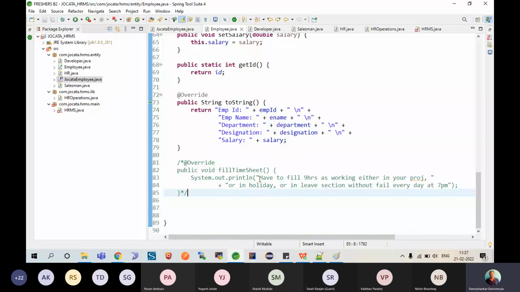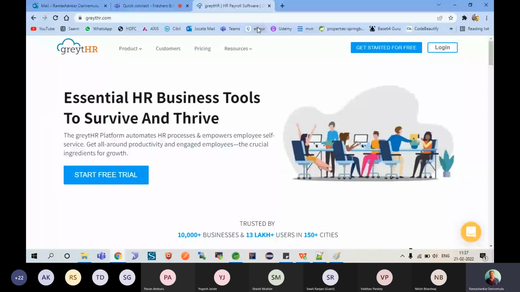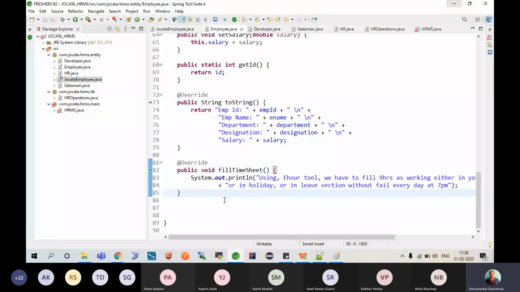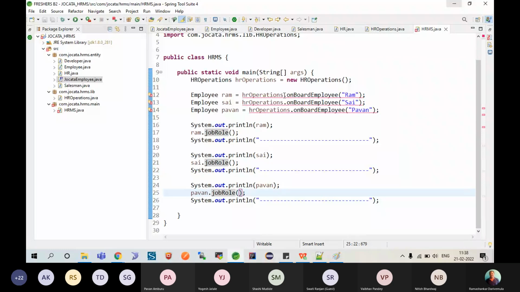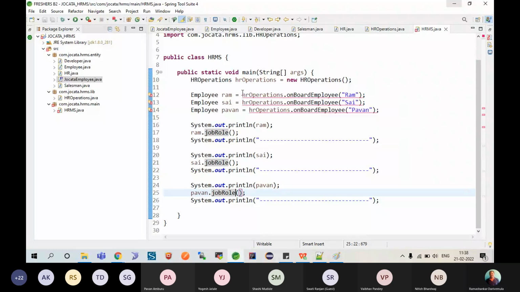So here I will say using, what was the name of our software? E-Avert. Let us say I am overriding this. Control S. Okay, am I clear? Now, in the HRMS, cannot convert Jupyter employee to employee. Here you need to say